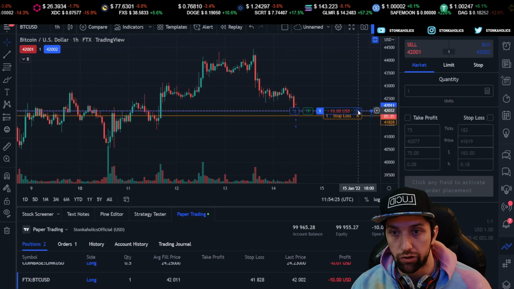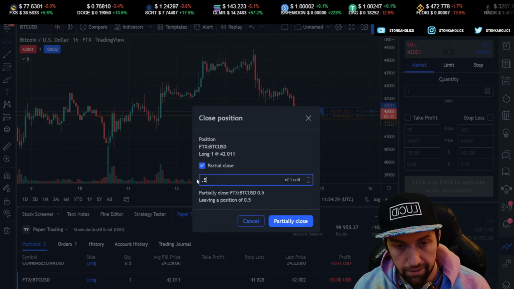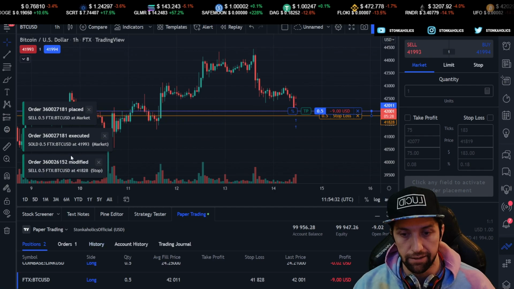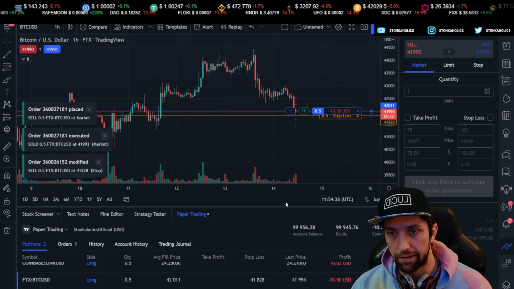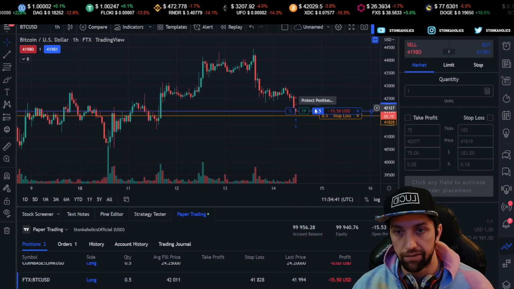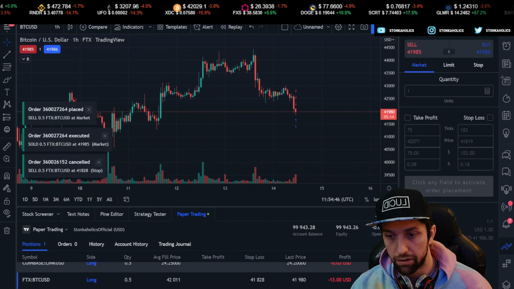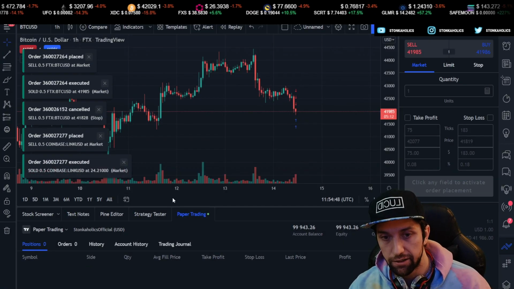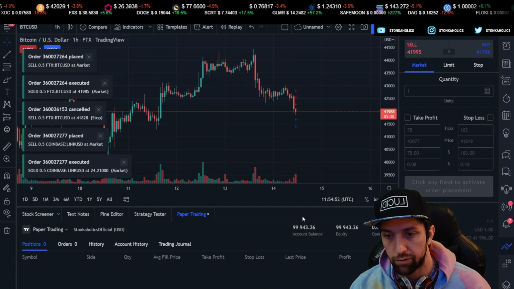So I can go to the Bitcoin trade and do the same thing. I can come here and do a partial close, even with the stop loss, and do 50%. And as you can see, I closed out my 50%. And that's going to affect the profits and everything like that as well. And you can see we have half a Bitcoin in here right now. And then last but not least, when you want to fully close the position, you can close this position, and you've officially closed and executed all your trades and orders, and the balance will